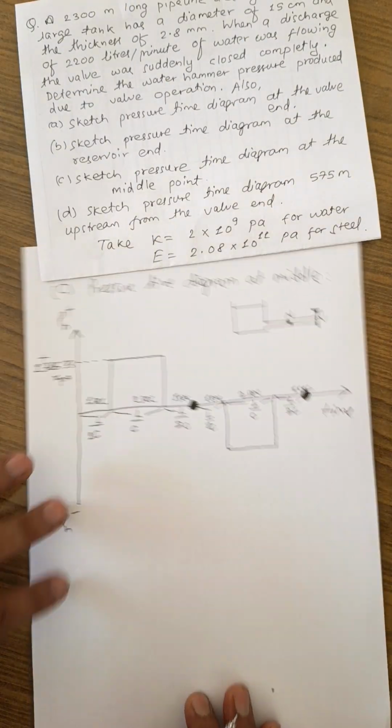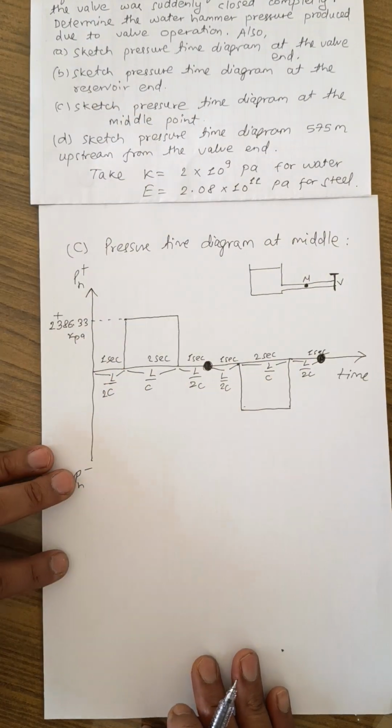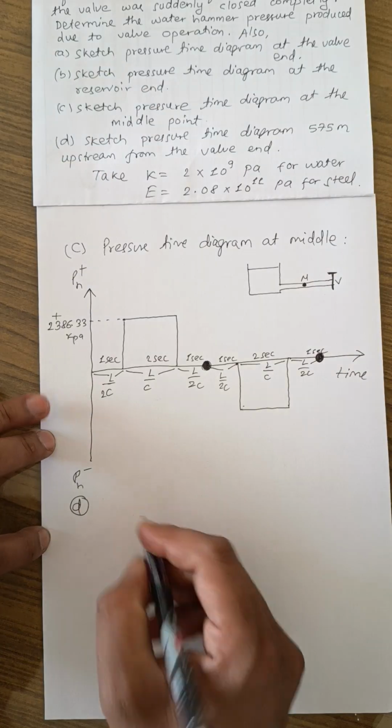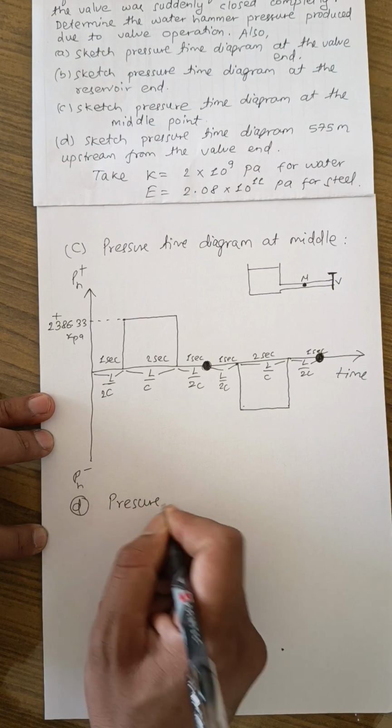So we have completed the pressure time diagram at the middle point. Now let's go to draw the pressure time diagram at anywhere. Anywhere means where? The question asks you to draw the pressure time diagram 575 meters upstream from the